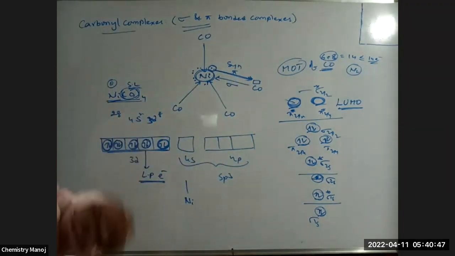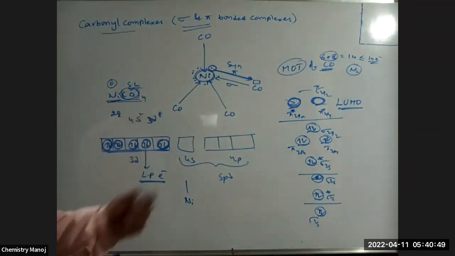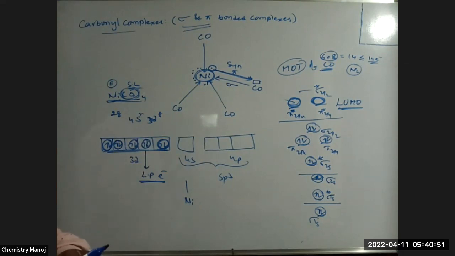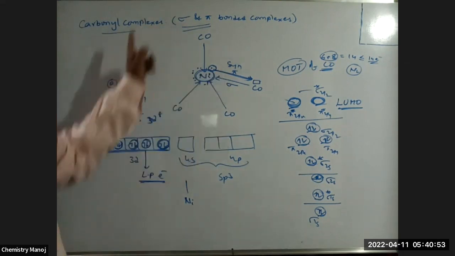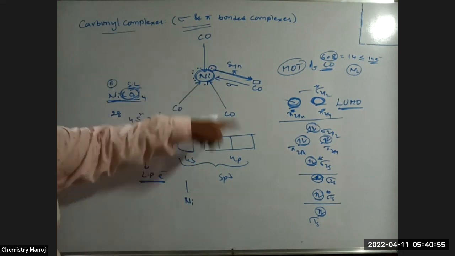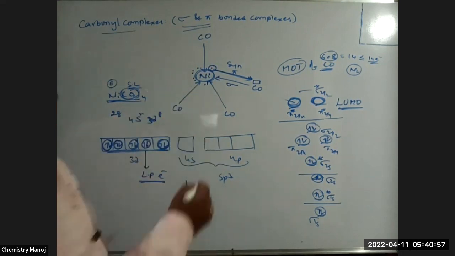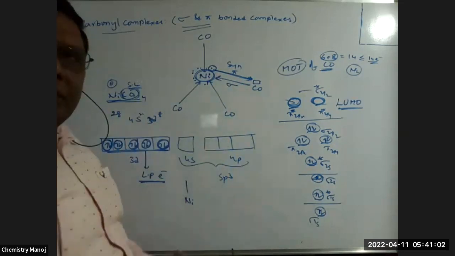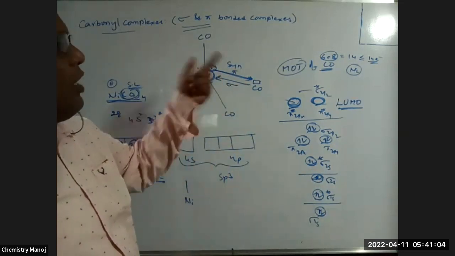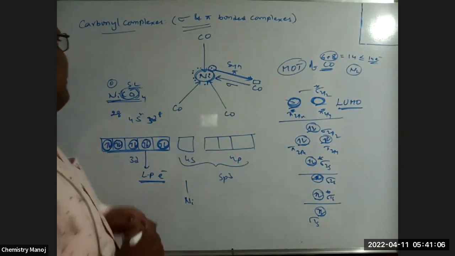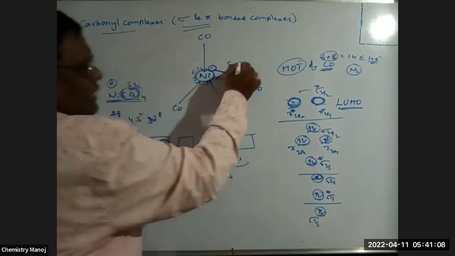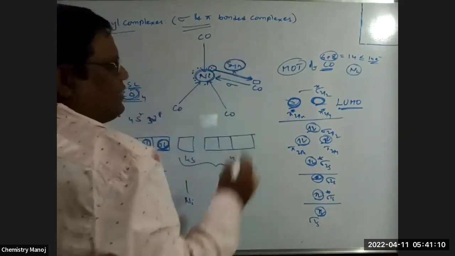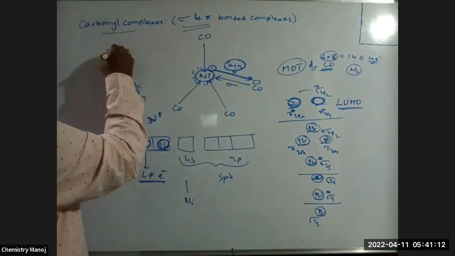That is synergic bond, that means back bonding. Actually, we are discussing nothing but back bonding, and this is involved in resonance. Sometimes this one, sometimes this one. Because of that, the metal-ligand bond is strengthened. A single bond is converted into a double bond, very much strengthened. Because of the synergic bond, the metal-ligand bond